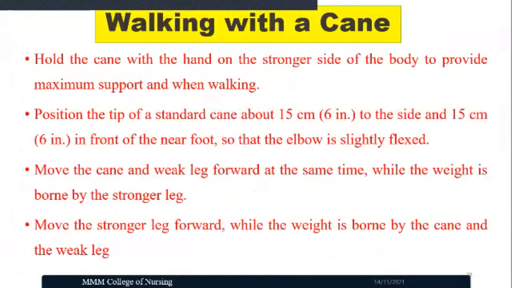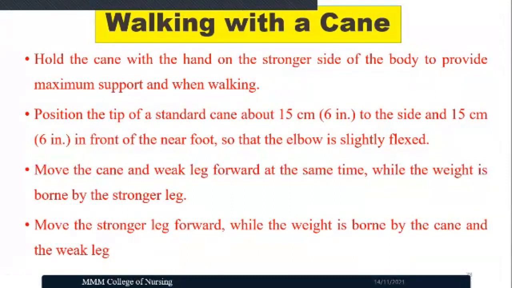So let us see how to walk with a cane. Whenever the patient wants to walk with a cane, hold the cane with the hand on the stronger side of the body, so that maximum support will be available when the patient is walking. Always position the tip of the standard cane about 15 centimeters to the side and 15 centimeters in front of the near foot, so that the elbow will be slightly flexed